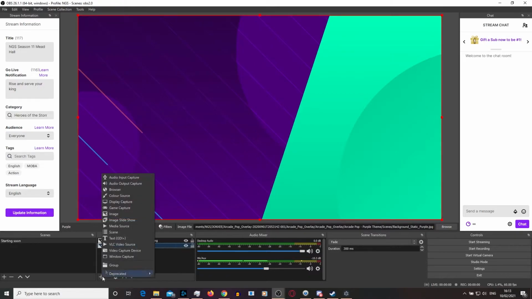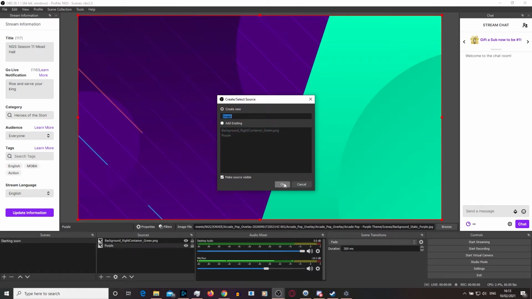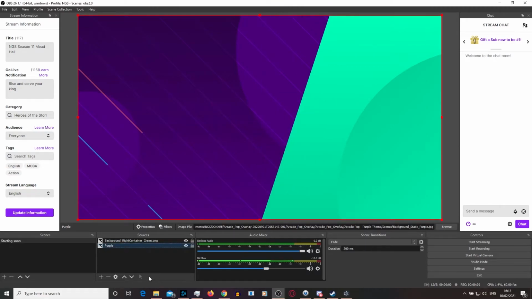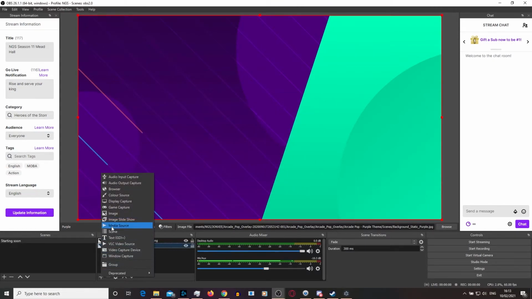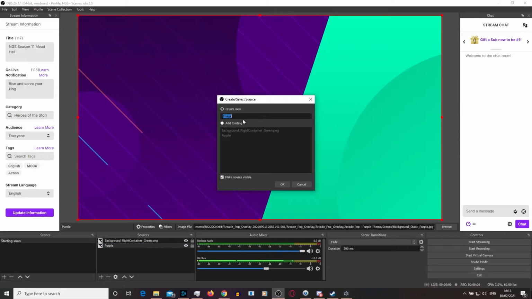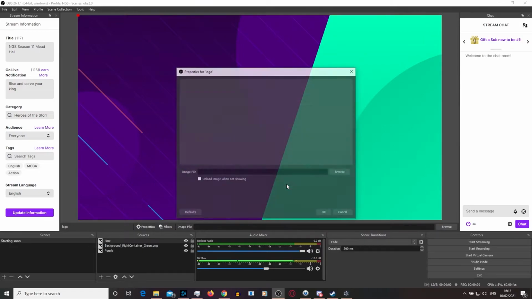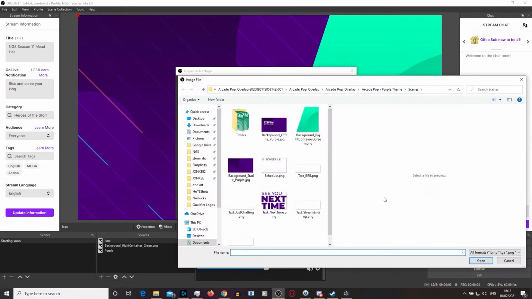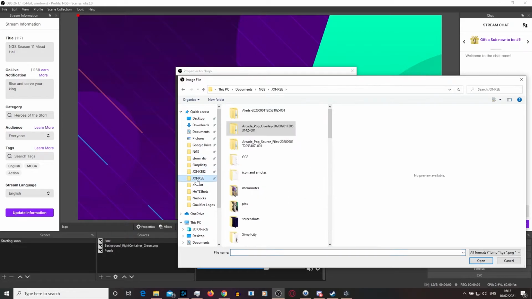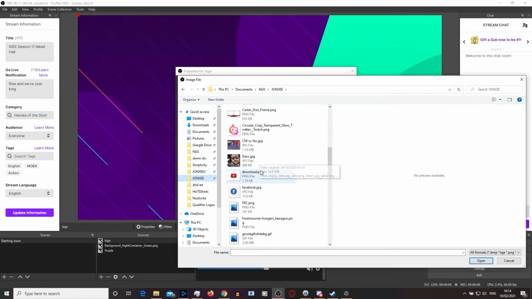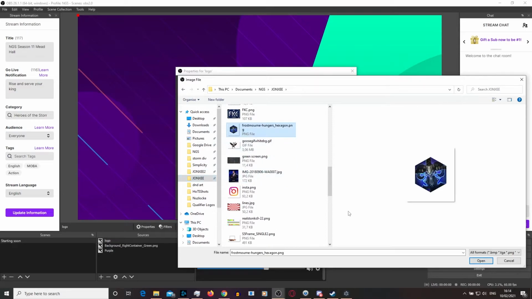Say there are other things you want to add. You can just go ahead and drag them in. So you can do it by hitting the image right there. Again, that's just the plus. Go up to image. It'll bring it through, and then you can select from your file. Say I want to add my logo. Once again, I can browse, go over to my sources here, find my logo,